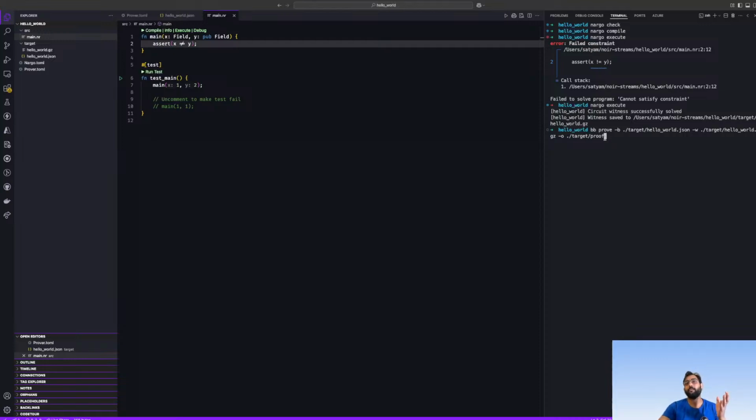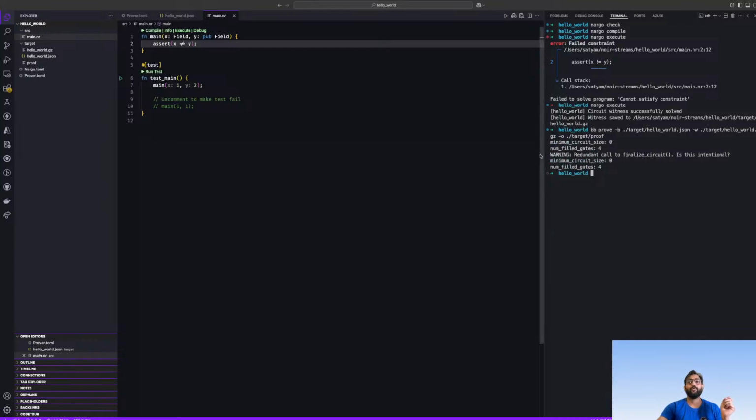bb stands for Barretenberg. It's a proving backend. So bb prove, hyphen b is for the circuit compilation artifact, target hello_world.json, hyphen w is for the witness, which takes hello_world.gz, and hyphen o is for output. The proof will be saved in the proof file in the target folder.